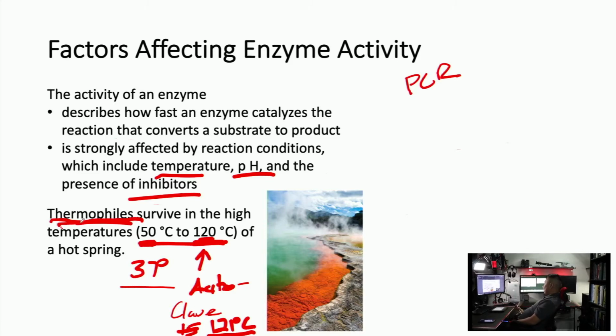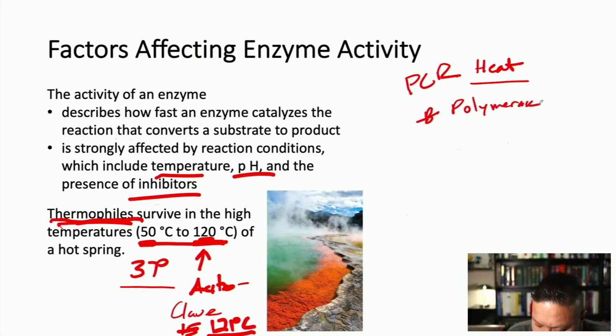And the reason we could do that is because we can control the enzyme by using heat. So if you were trying to replicate DNA in a human using what we call polymerases, the enzymes that are in living organisms living at normal temperature,